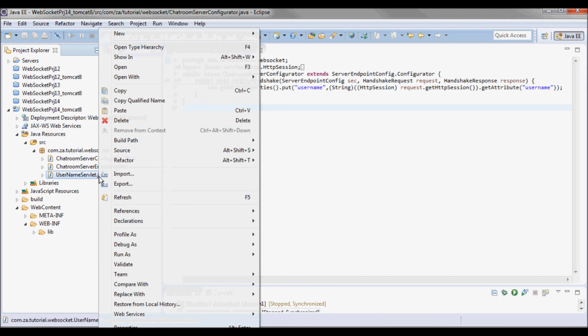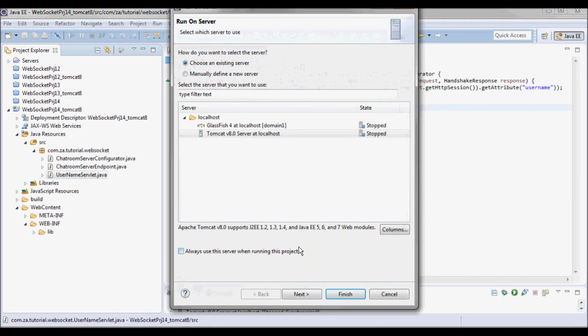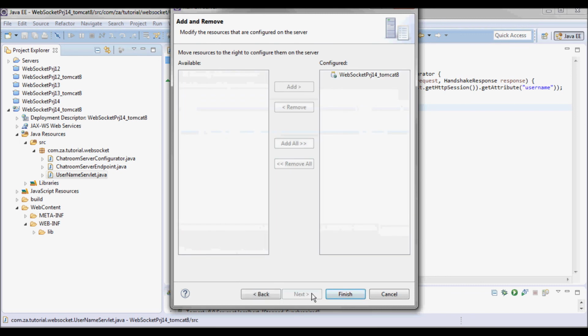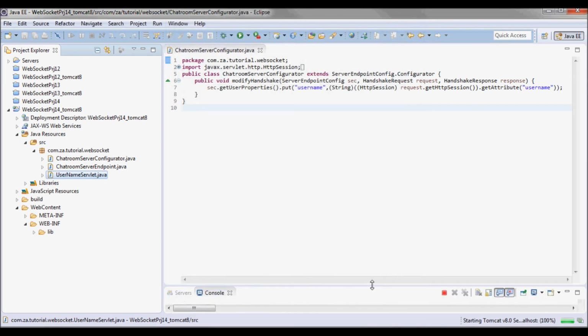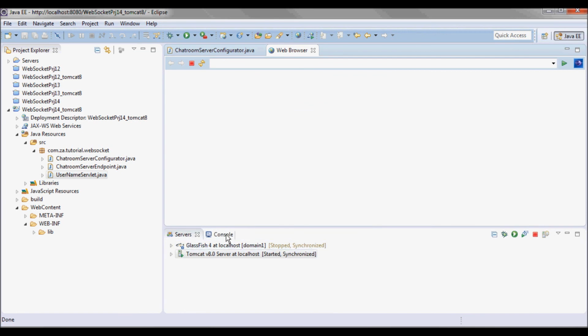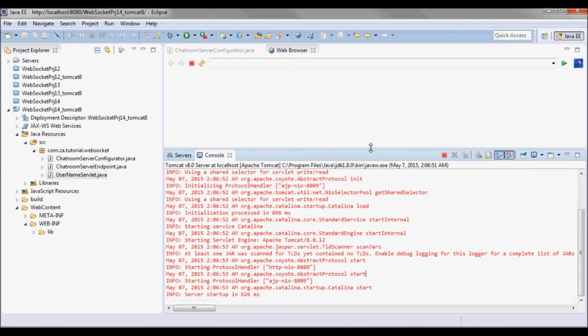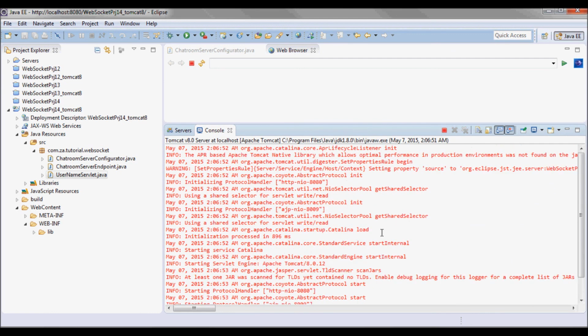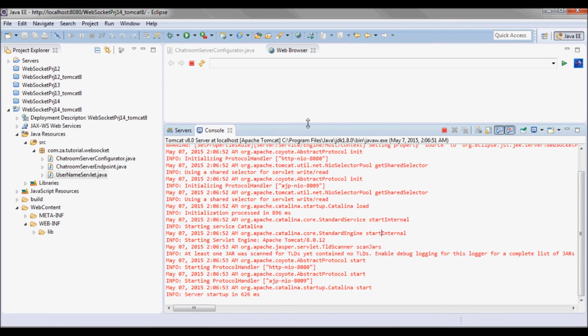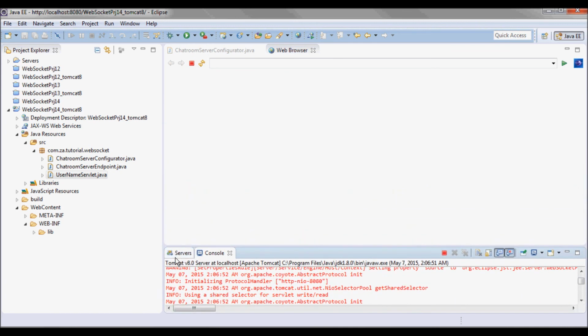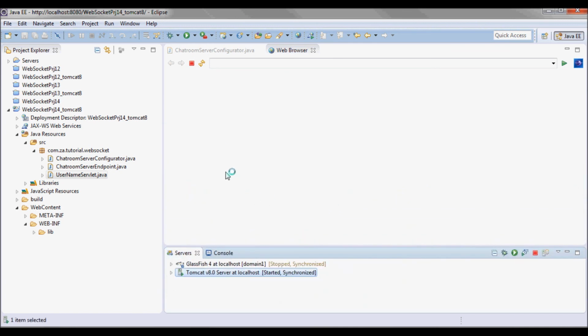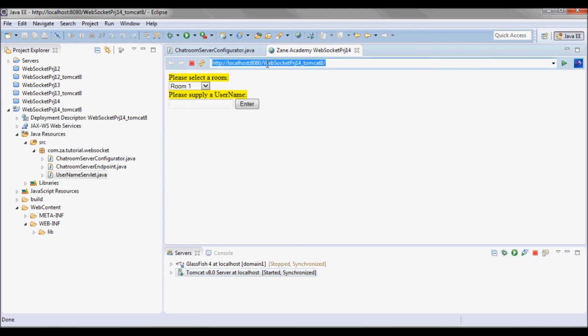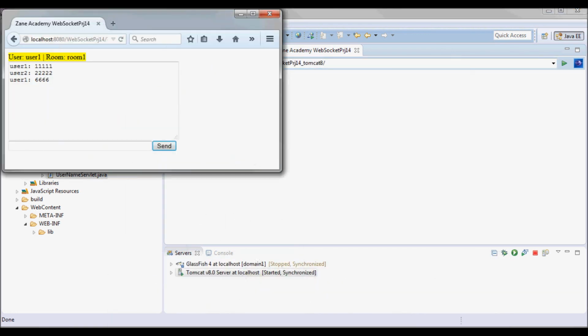Next, let me go ahead and try to run it. So let me copy this and reopen the 4 browsers I had.